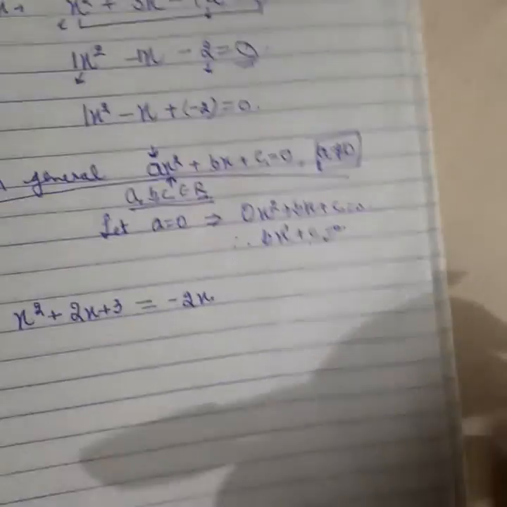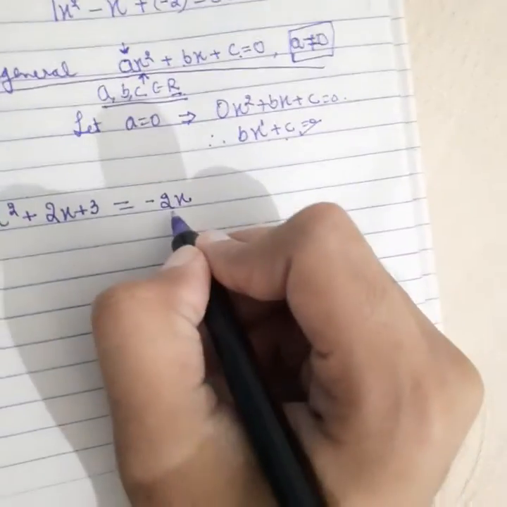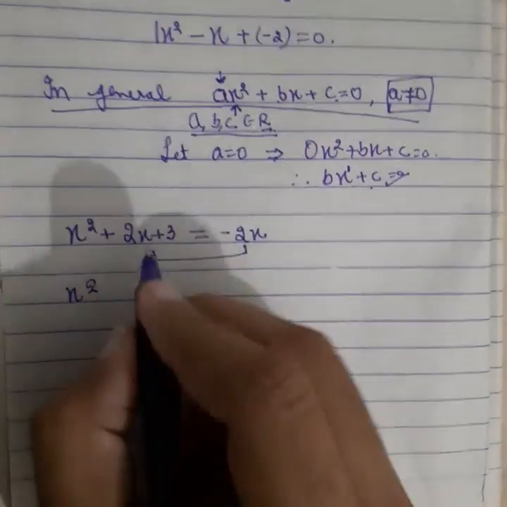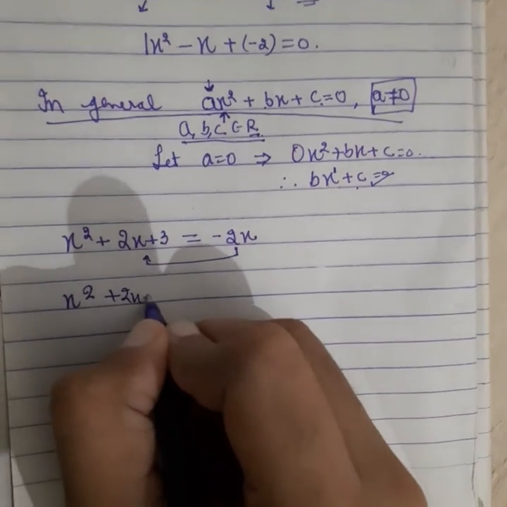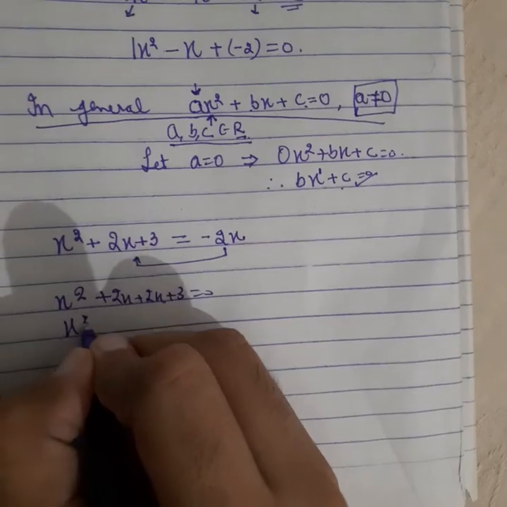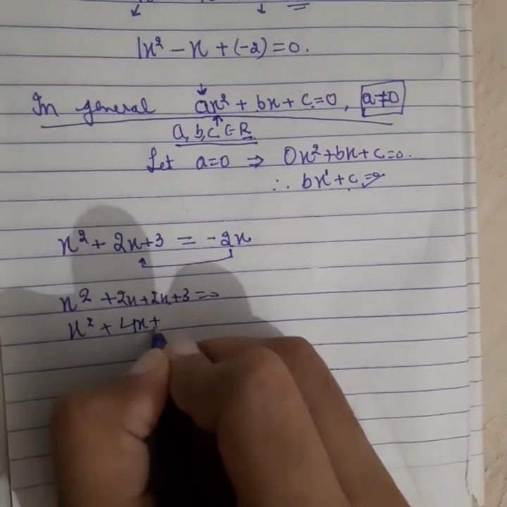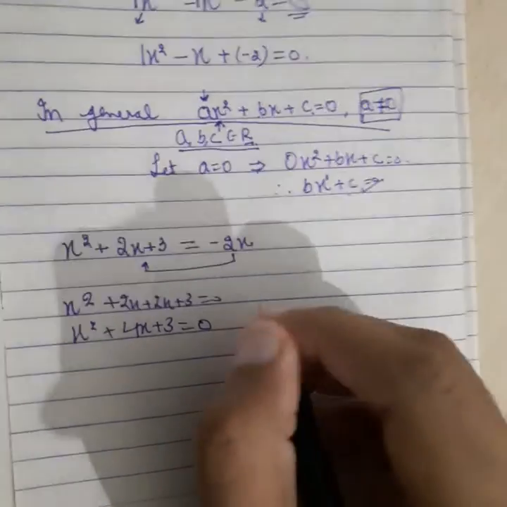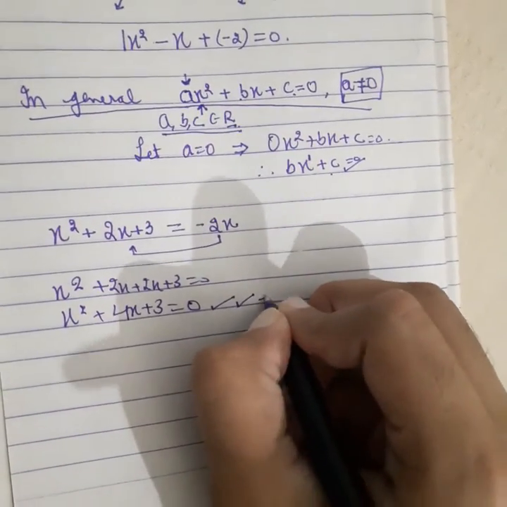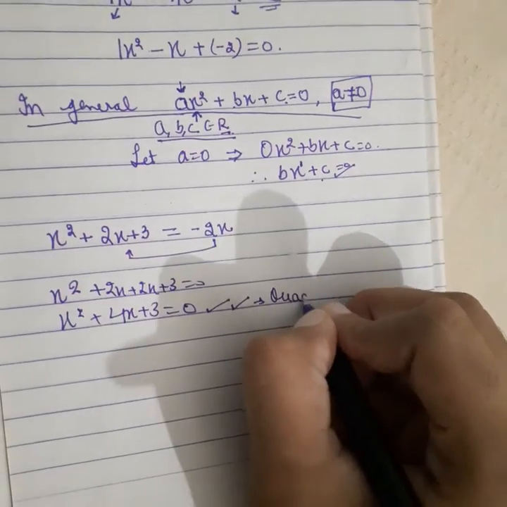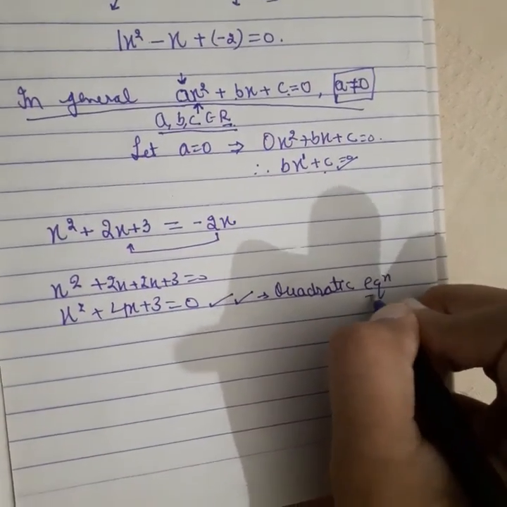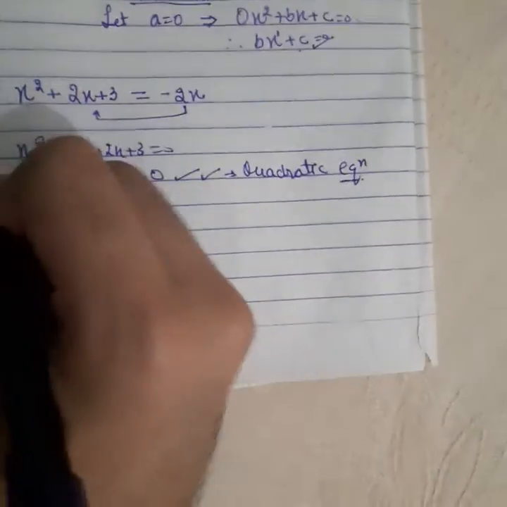Now what you can do, you can take this minus 2x to this side, which becomes x square plus 2x plus 2x plus 3 is equal to 0. x square plus 4x plus 3 is equal to 0. Now this is an equation with degree 2, hence this is also a quadratic equation. Eqn is the short form for equation. Okay, next example,